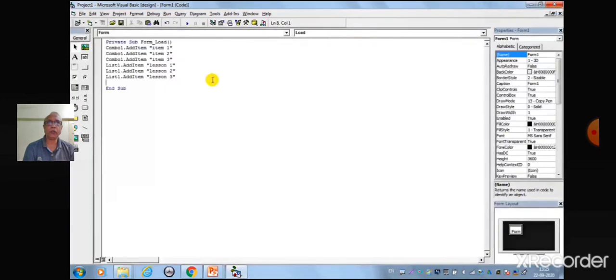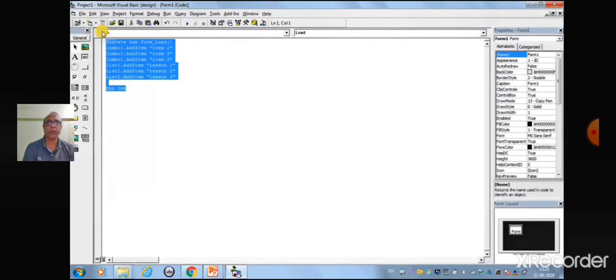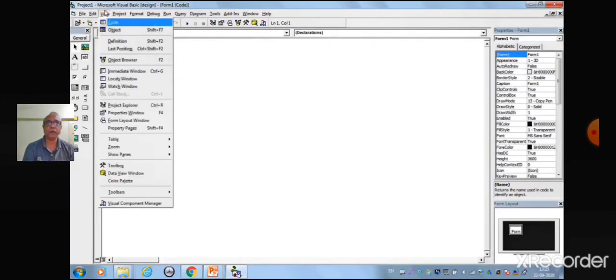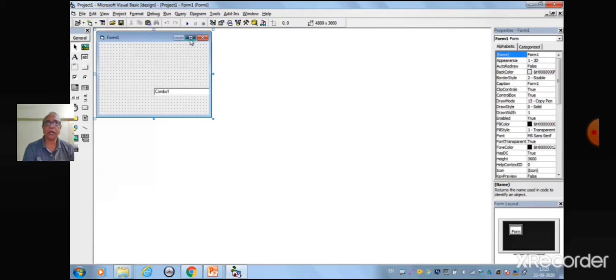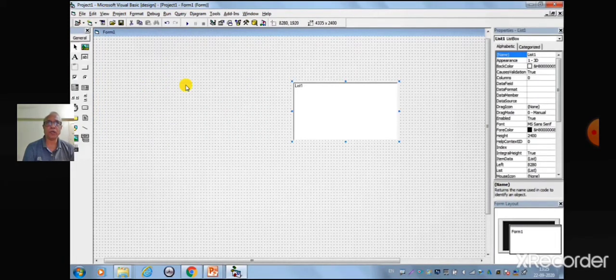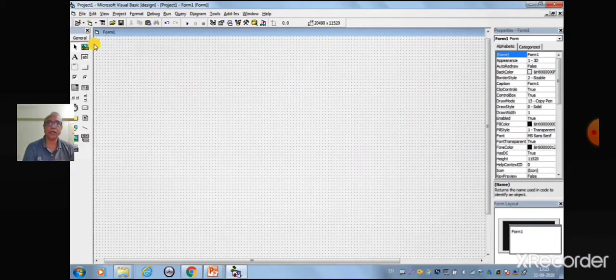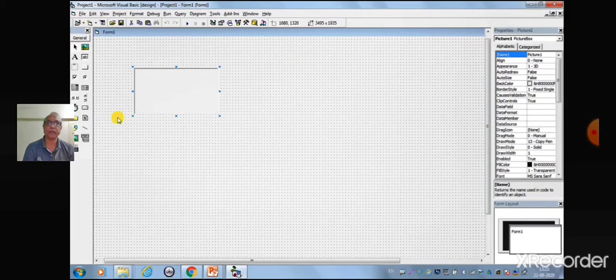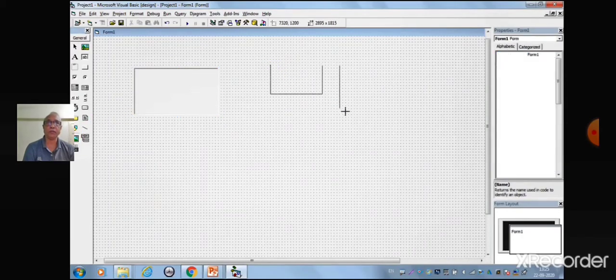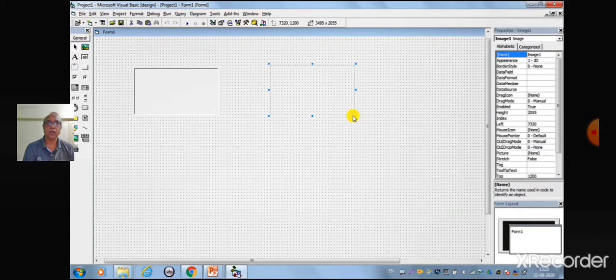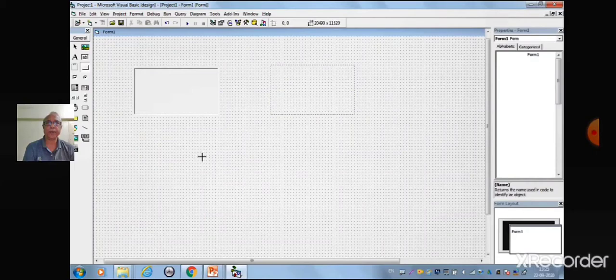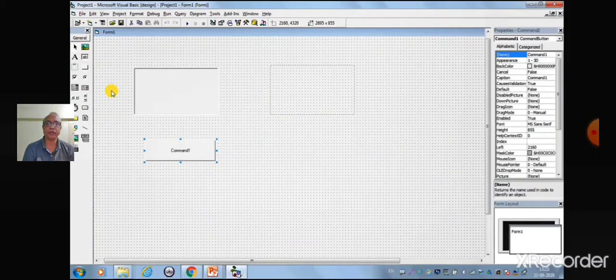Now, in order to execute the control for image box and picture box, we will first clear the code that was written for the list box and combo box. Then from form design window, remove the combo box and list box object. Then place picture box and image box, and also place two command buttons for loading the picture and image.